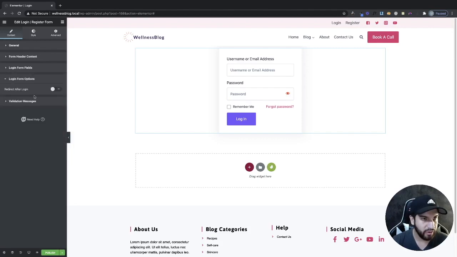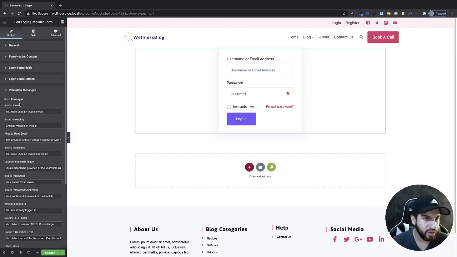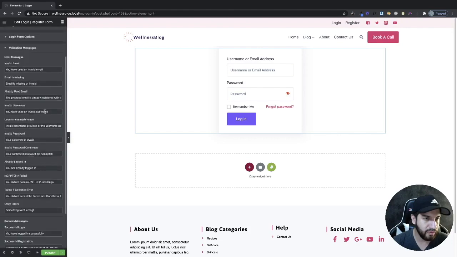Then we have our login options, which if you want to add a redirect, which I highly recommend you do, because if you don't, it's going to by default take you to the WP admin, which you don't want people going to your WP admin area or your WP admin login area either. So I'm just going to send people right to the home page, but of course you can change this and send them to a specific page. If you're doing a course and you want to send them to your course area, we can just have your course area link here. And then here we just have all the validation messages if you wanted to adjust these,